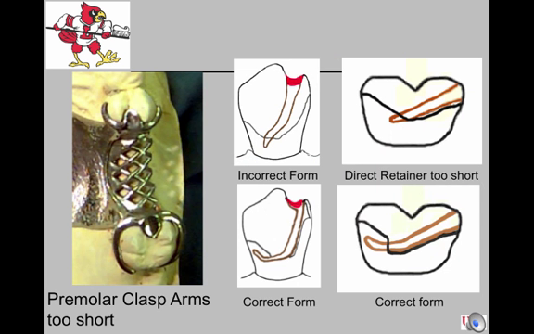The picture on the left shows an error in the principle of encirclement. That clasp does not encircle the tooth properly. It is not more than 180 degrees of encirclement of the tooth, like the one shown on the molar abutment